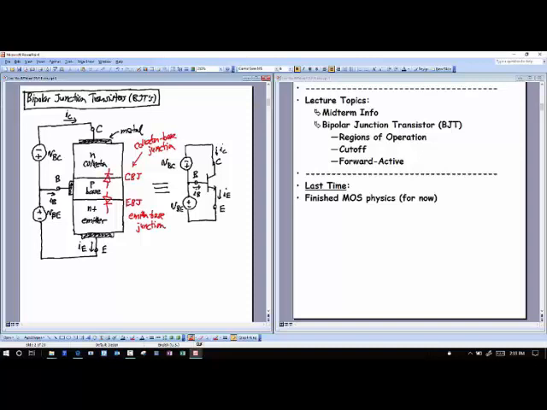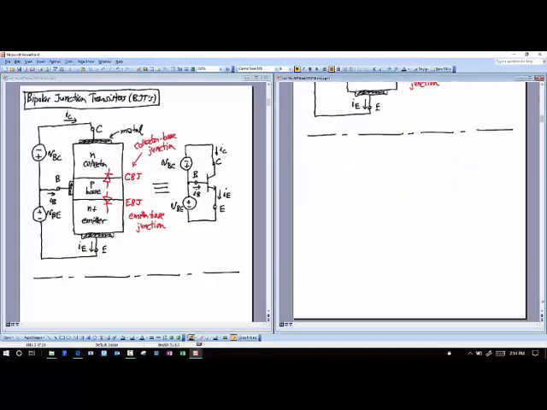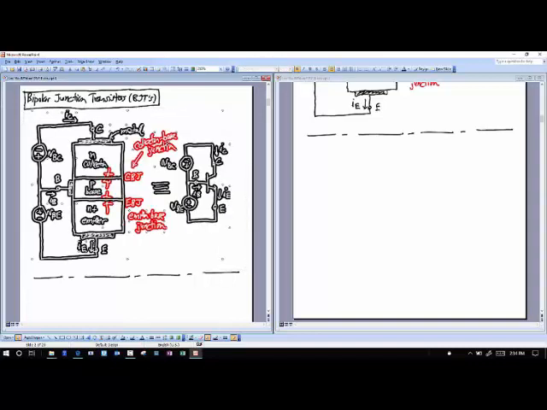So that's an NPN transistor. At the same time, there's a dual to this. Just like there's a dual to the MOS transistor, there's a dual to this NPN transistor, and that's the PNP transistor. And so down at the bottom here, I'm going to draw a PNP transistor, but actually I'm not. I'm just going to cheat, and just grab this and just turn things around to create my PNP transistor.